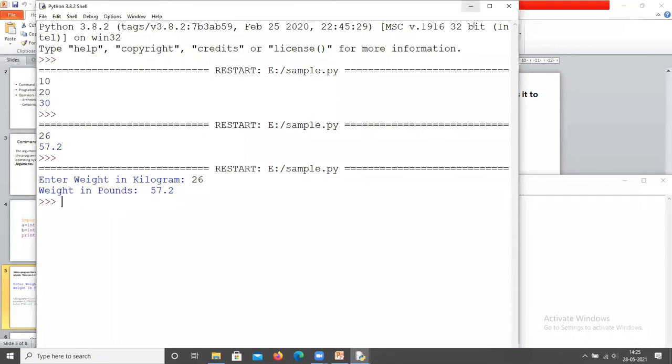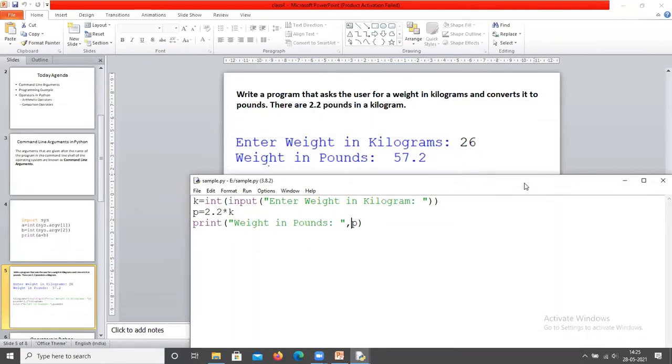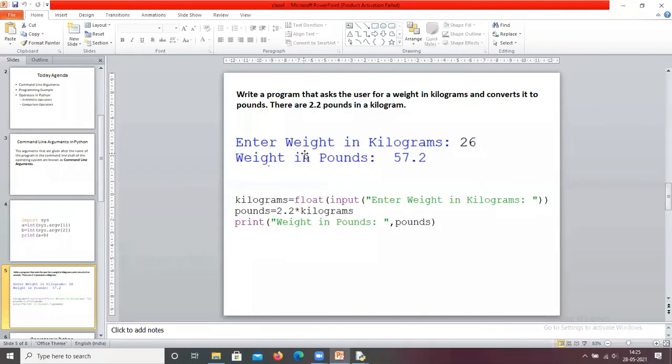See, in this way you are going to solve the programs. This is a simple program. Up to now we have learned about variables, literals, input statements and output statements. This is a simple problem.